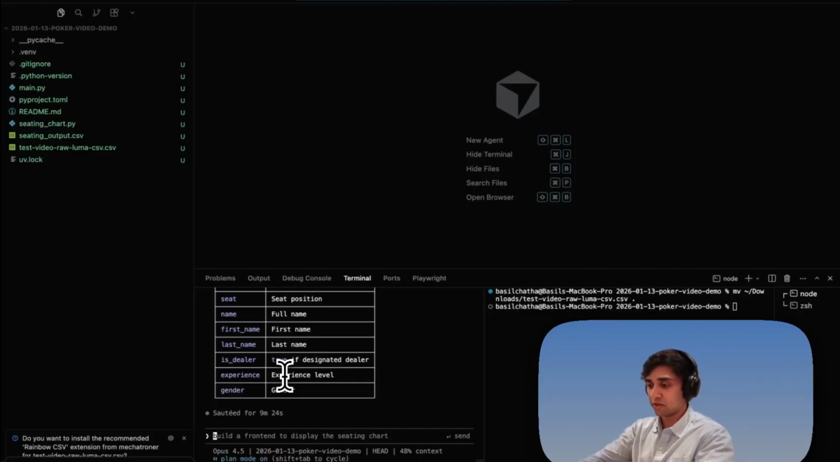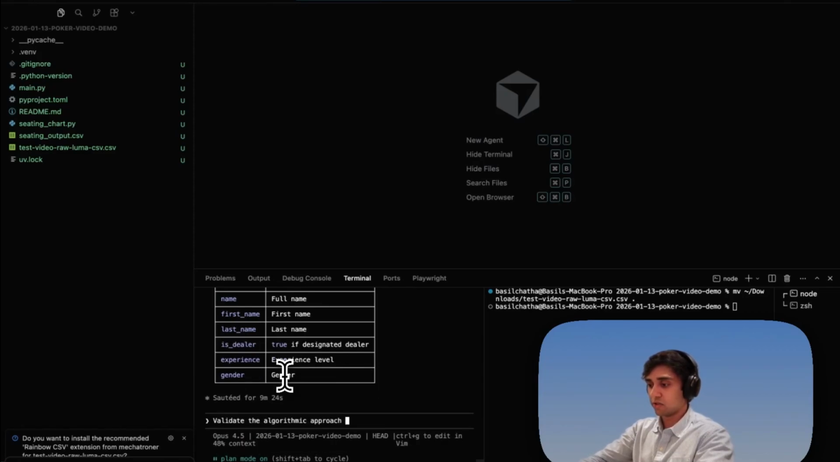To make sure we're still in plan mode, so Shift Tab, and let's say validate the algorithmic approach from an algorithms/data structure professor's perspective. Update the algorithm using the best university